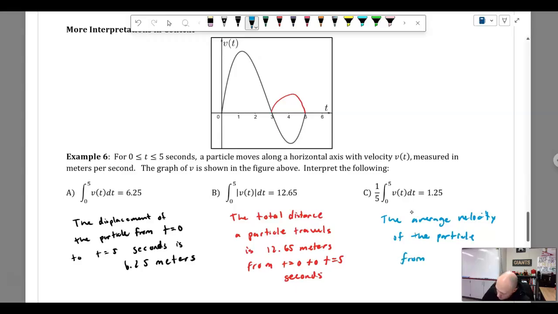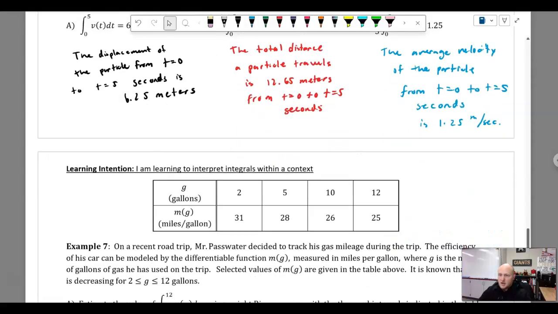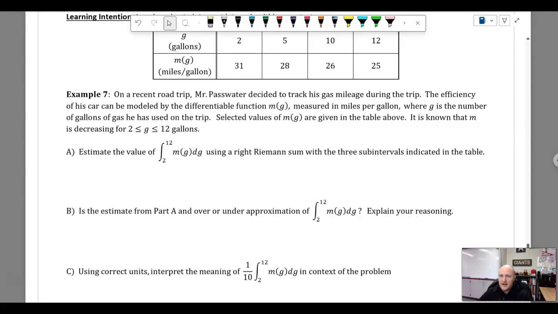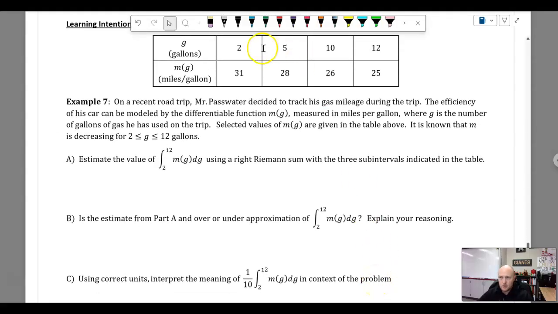From t equals 0 to t equals 5 seconds is 1.25. And the units here are meters per second. There you go. Okay. All right, wrapping this up, we have one more example here where we have a tabular